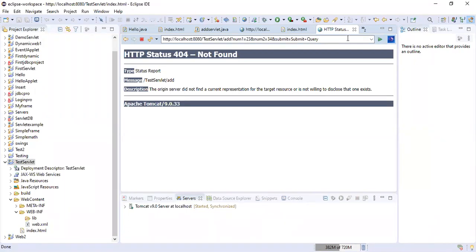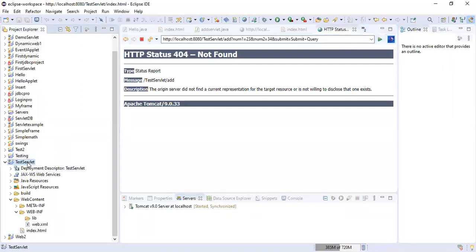Check it out, this is a dynamic page. Every time I change the numbers, the page contents will be different, and your output will be different. So you want some entity that will create the dynamic web page for you, and as we have seen in the introduction, servlets can create dynamic web pages. So I will pass two numbers, the addition of the two numbers will be carried out at the server with the help of the servlet, and then the servlet will respond with the result of the addition. So check it out, this was our project test servlet.